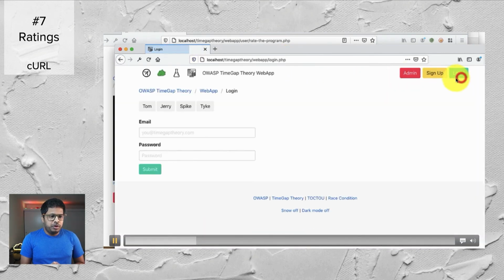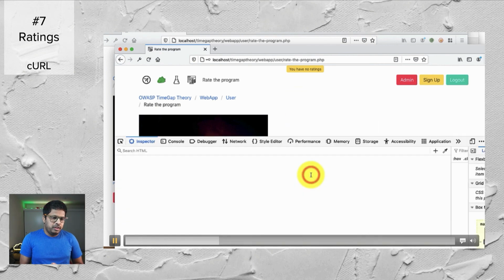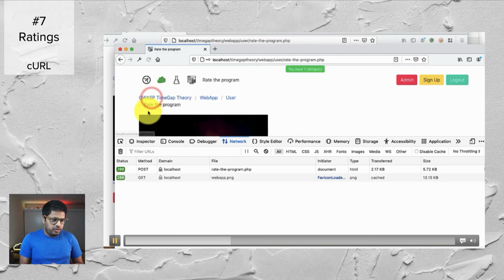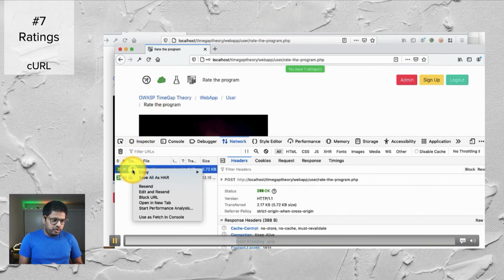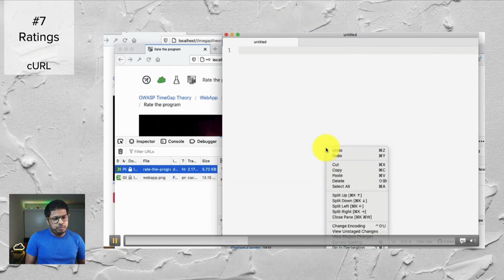We will go to the login page and log in as Tom. Now we need to go to rate the program on the browser, then inspect element, go to the network tab, click the love button once. Now we have one request, copy it as curl, paste it in a notepad,